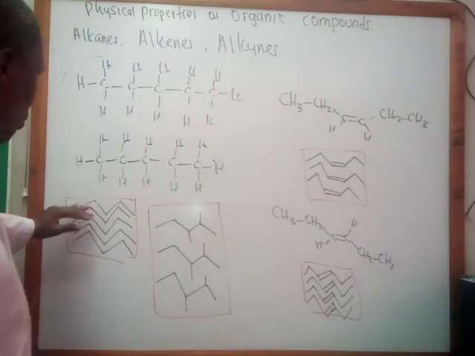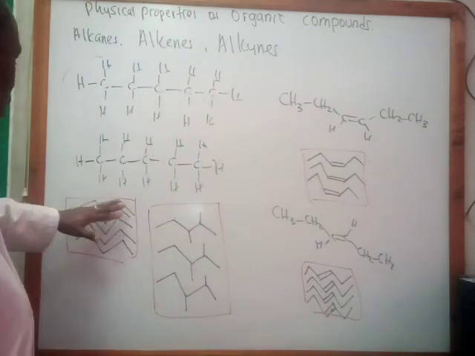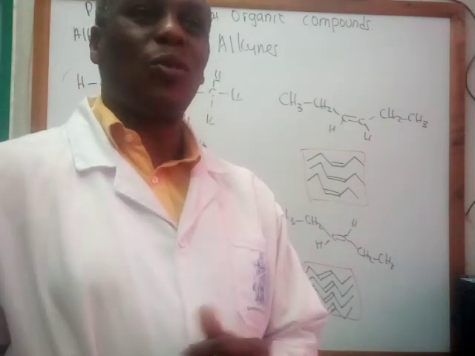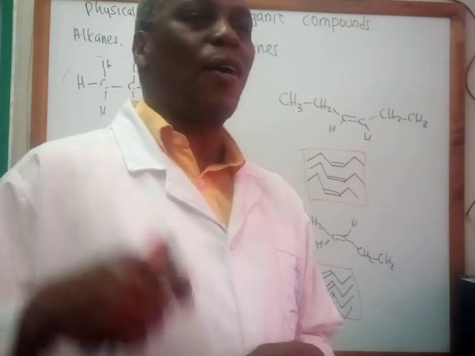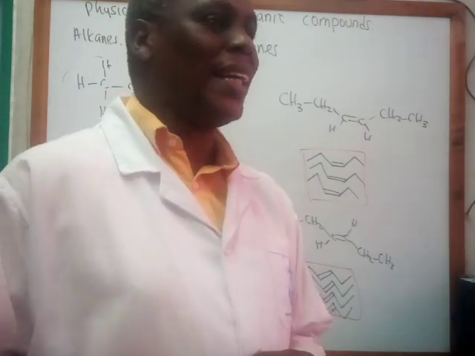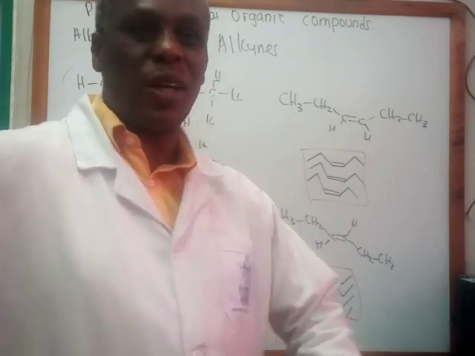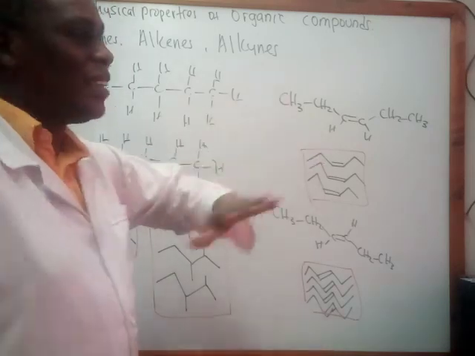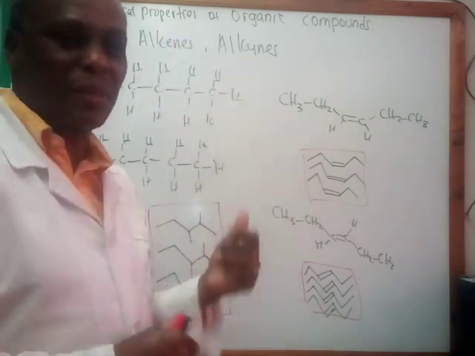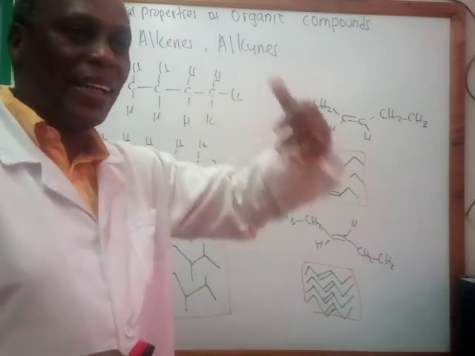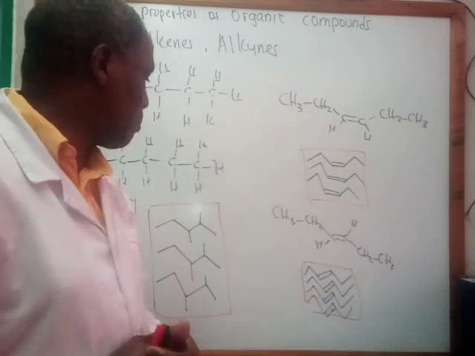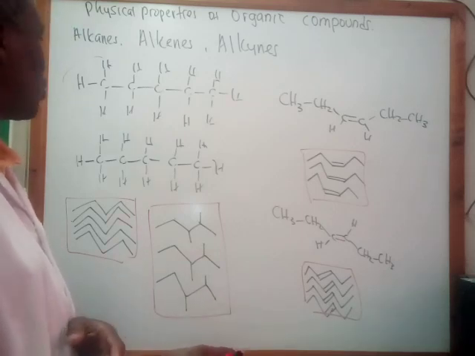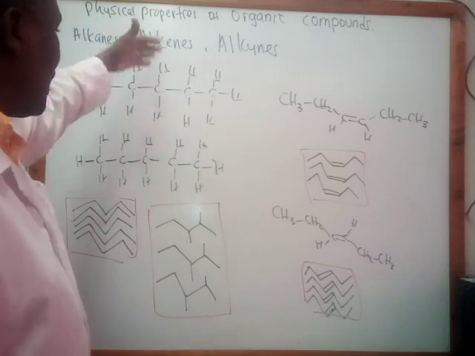If you have an isomer which does not have branches, and you've got another isomer which has got branches, then the one which has got branches is going to have a comparably lower melting and boiling point than the one which does not have the branches. So the more the branches, the less the packing, and that results in less intermolecular forces, and that will lead to lower melting and boiling point. Is that okay? So that is the variation which you're going to get, but you're going to see this point